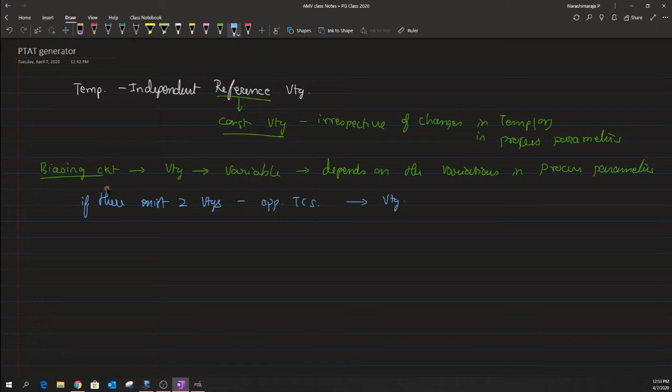This resultant voltage will then be completely independent of temperature, or will exhibit something known as zero temperature coefficient. So this is the postulate that we discussed